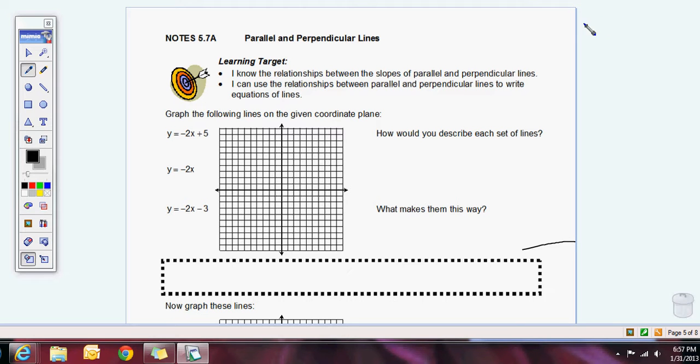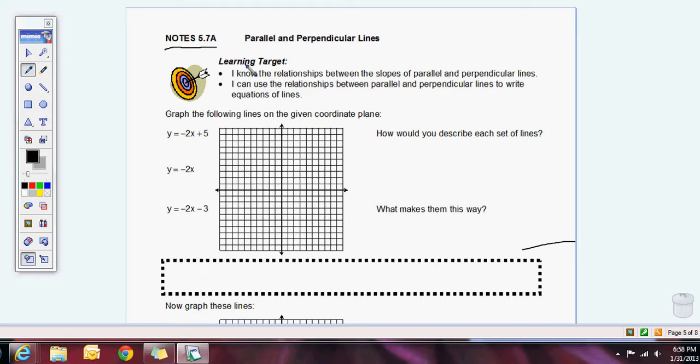Remember me? Sorry I haven't been there in a while, but I've been with the 8th graders. So, I wanted to give you guys the notes today. If you don't have those in front of you, make sure you go get them right now. You should have the notes because we do need to go through